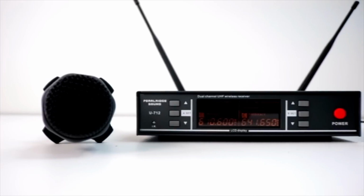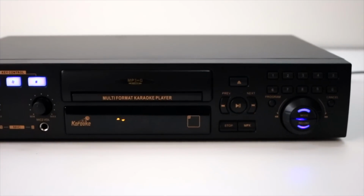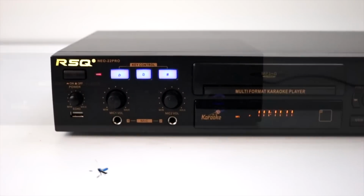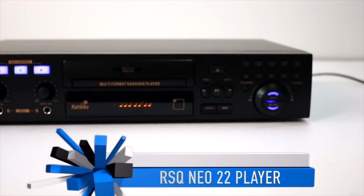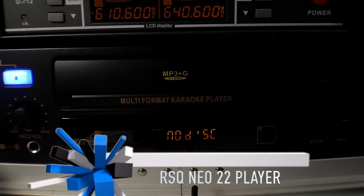I want to move down to the Neo 22, and you can watch a video on the Neo 22, but I'll go through it really quickly right now. Why did I use this player? Well, you can order this without the player, by the way, but this player is the best player on the market. It has DVD. So if you want to play a DVD at your church or your home or whatever,